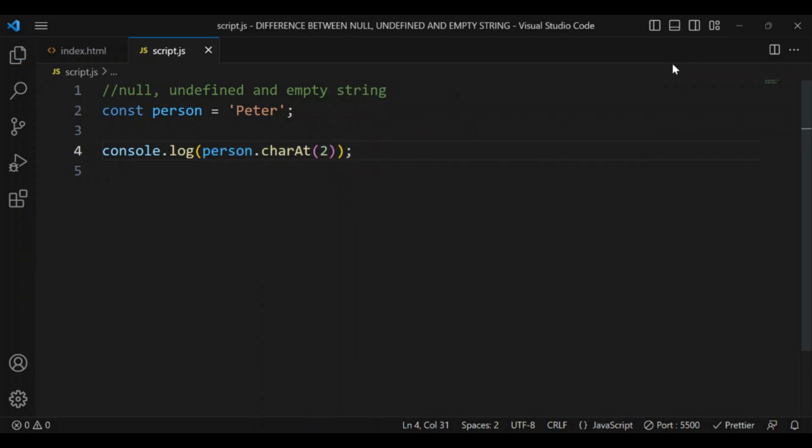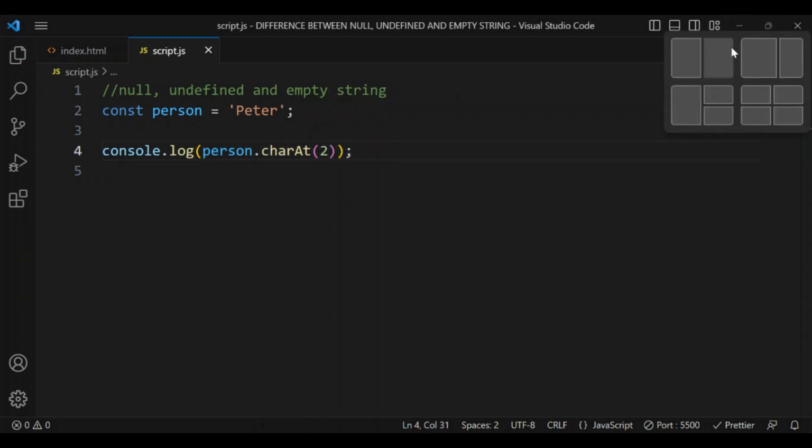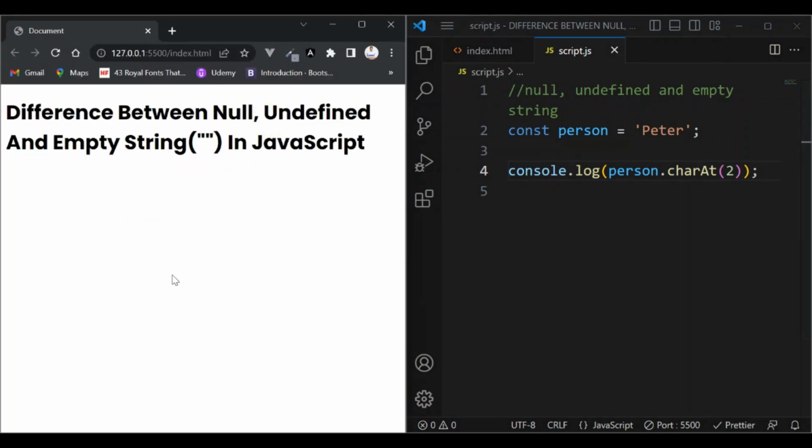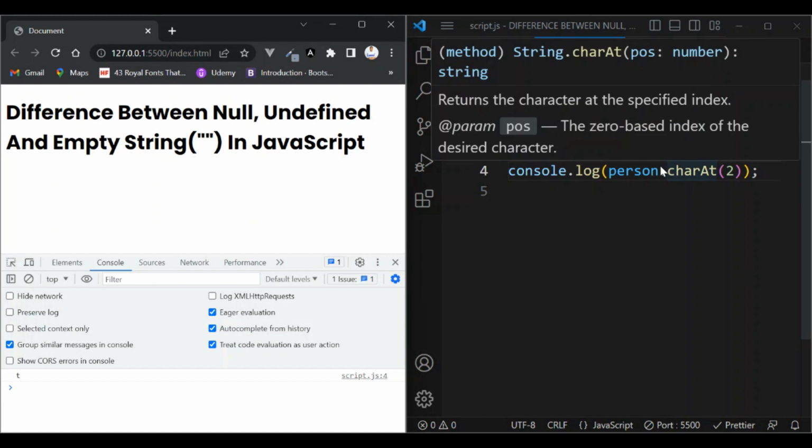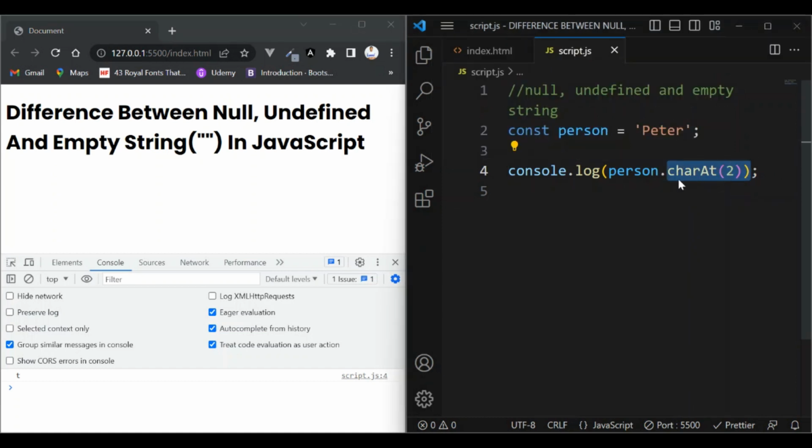So I'm going to save this and I'm going to share my screen so you can see what I'm doing. I'm going to open my console and you see we are getting t. So if MDN defines primitive data types as data that are not objects, they have no methods and properties, how come I'm able to use the charAt method on this string? Now let me explain. What JavaScript does behind the scenes is convert this into an object first before using